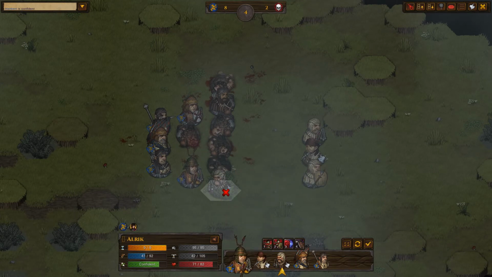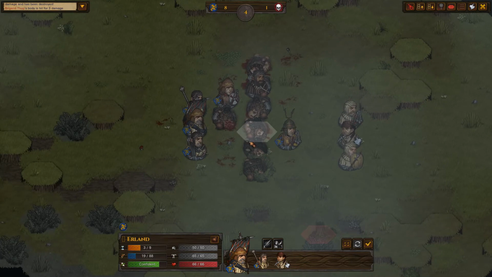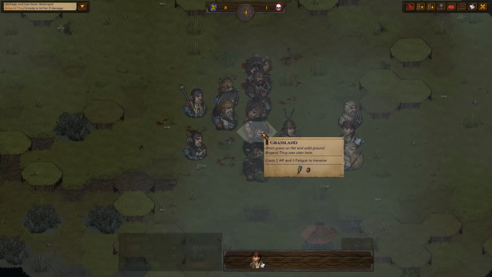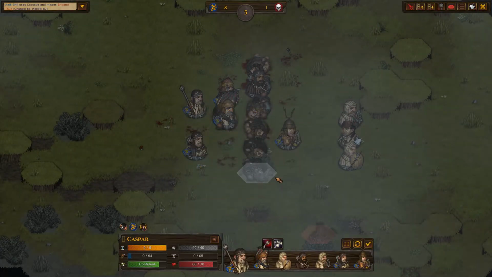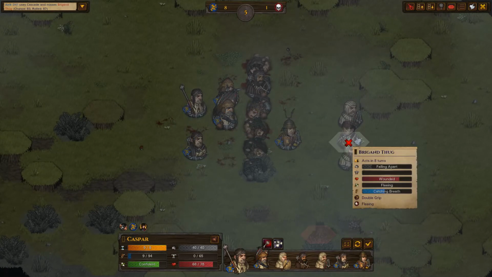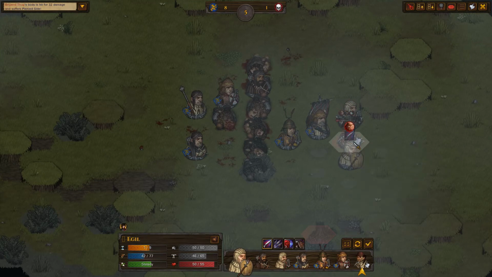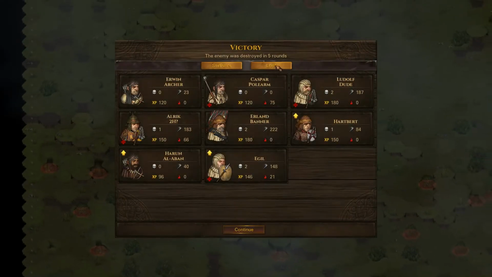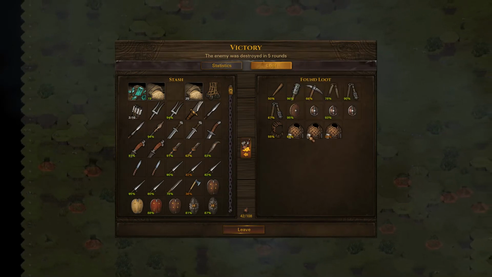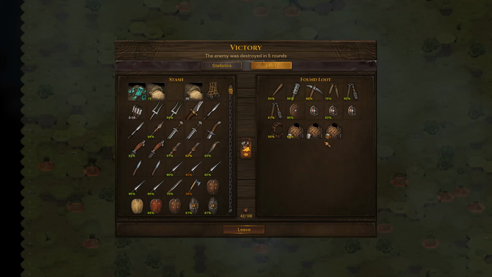This guy is a lost cause. Done, done. Run him down. That guy's armor is broken up, so it doesn't matter. We'll just hit him regularly. And look at that. Got some armor out of it. Got some crappy gear out of it. Nothing amazing, but